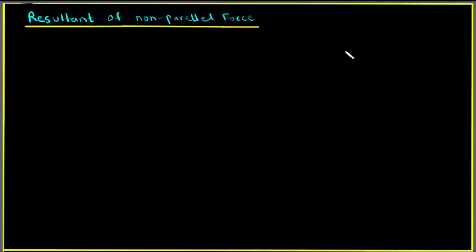So let's talk about a case in which forces are acting on an object, but they are not parallel to each other. So we already discussed if we, for example, have an object. Let me have my best attempt to draw an object. So this is, for example, an object, right? And there are forces acting on this object. For example,